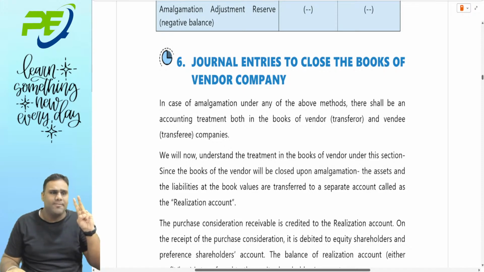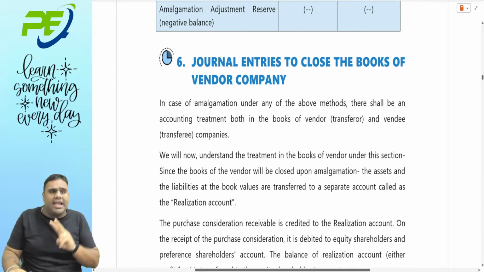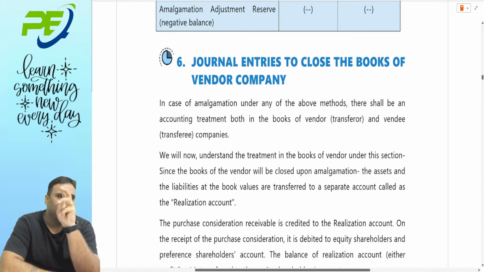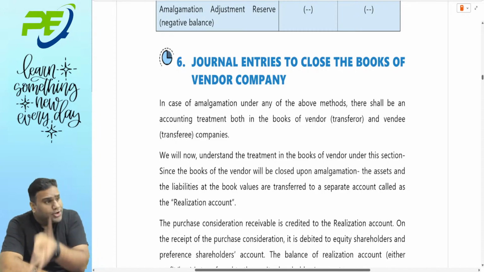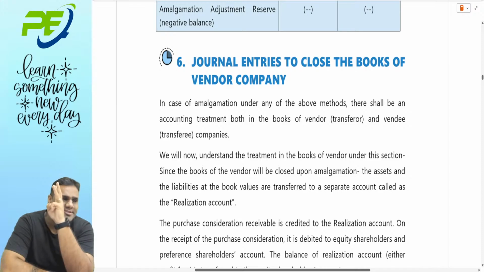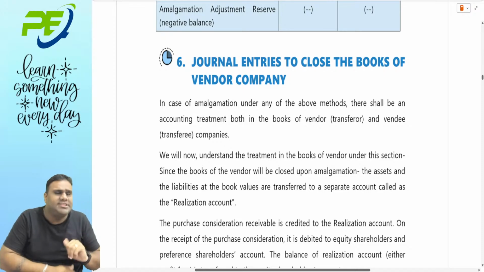Next is the second entry. Not all the liabilities, only liabilities which are taken over. Journal entry: liabilities to realization. Third entry: purchase consideration due. Journal entry: purchasing company account debit to realization. Fourth step: purchase consideration received. Journal entry: